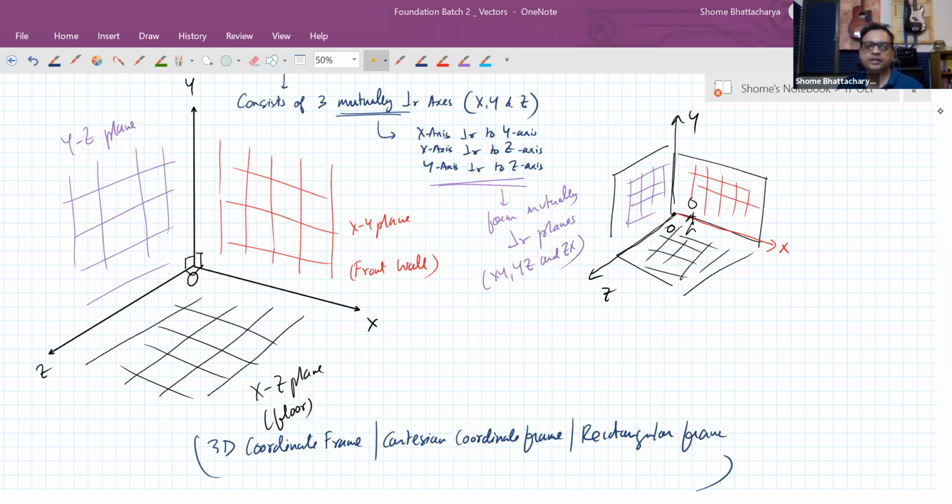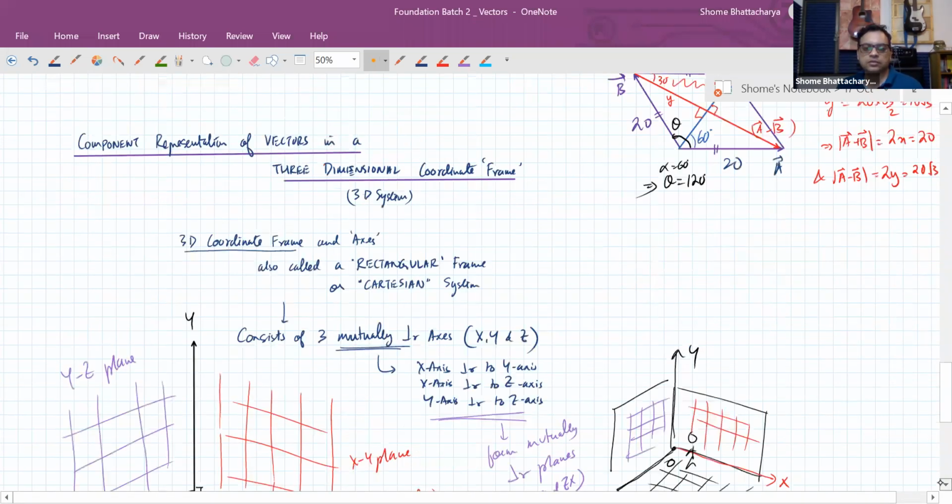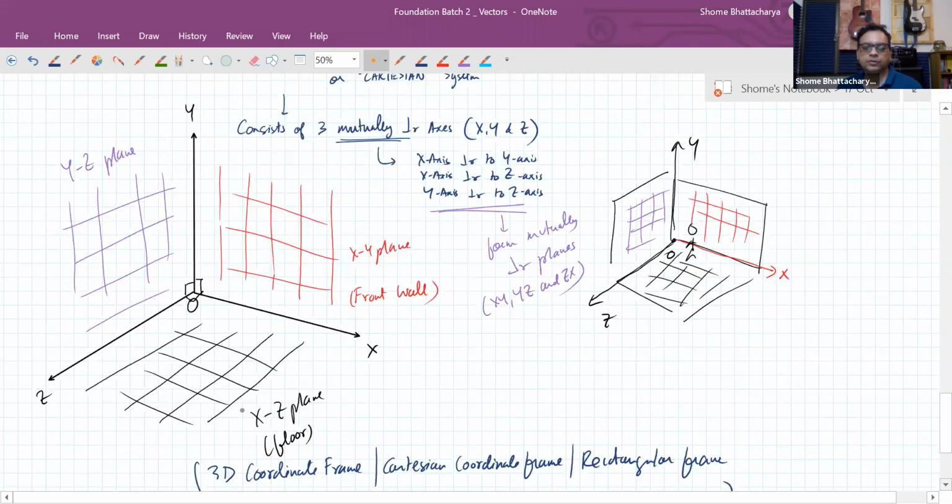I'll give you time to write down that part, but first you just visualize this thing. Okay, so you have to imagine that in this two-dimensional diagram, the axes that you are seeing are not like three lines which are at 120 degrees to each other. They are not that type of figure, because the three axes are not lying on the plane of the screen. They are actually mutually perpendicular. So this is the thing you have to imagine.